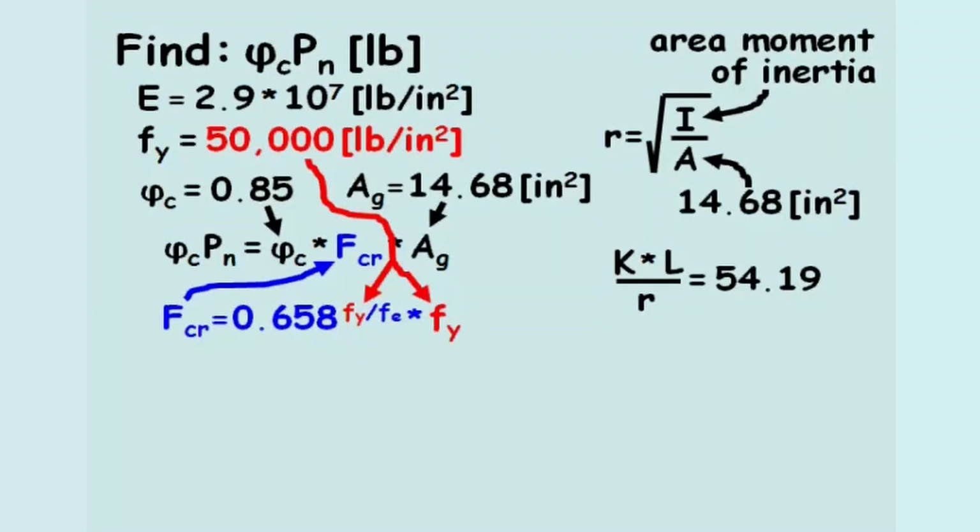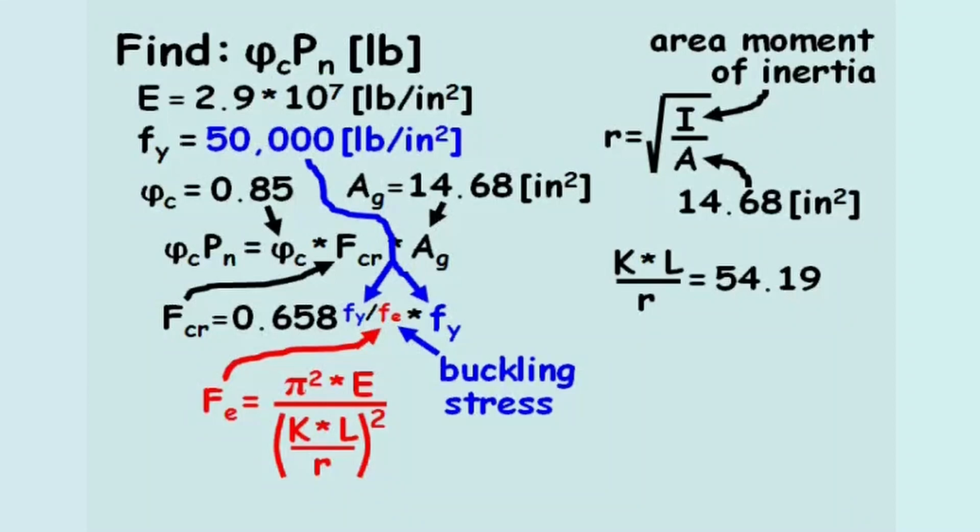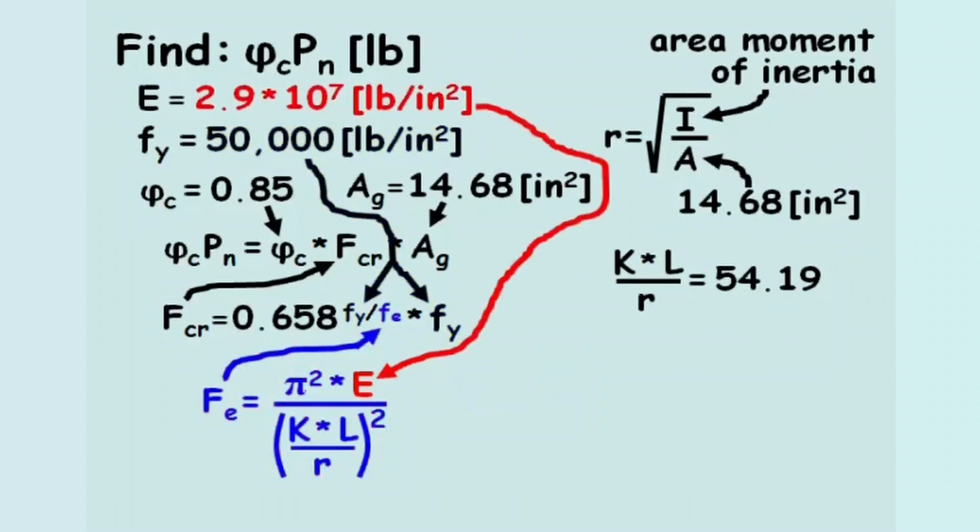The buckling stress, Fe, equals pi squared times the Young's modulus divided by the slenderness ratio squared. We know the Young's modulus, E, and we already computed the slenderness ratio, KL over r. This makes the buckling stress equal to